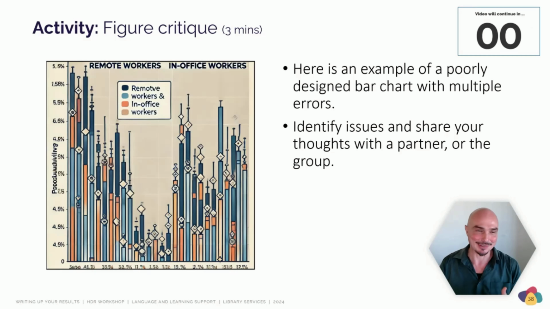Okay, there's so much wrong with it. It doesn't have a figure number or a title. The x-axis and the y-axis are either unlabeled or have confusing labels. There's way too much in it. The color scheme is weird. And yeah, if we were grading that chart, it'd be an absolute fail.